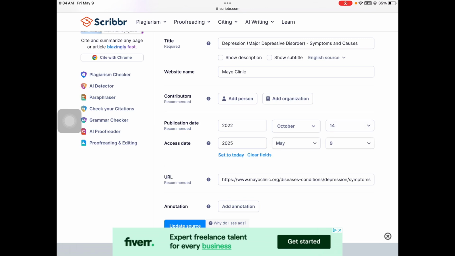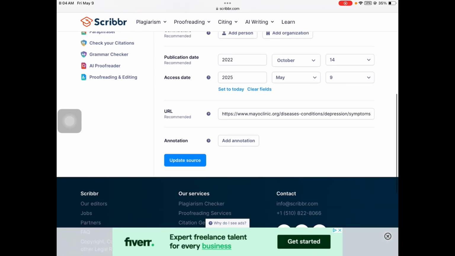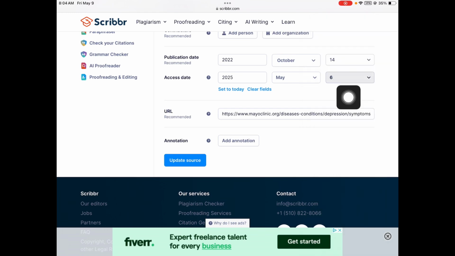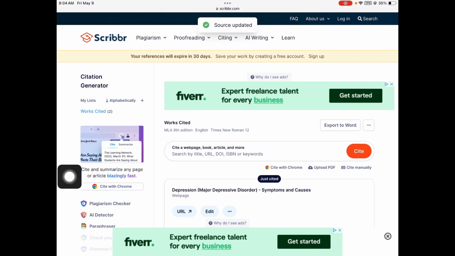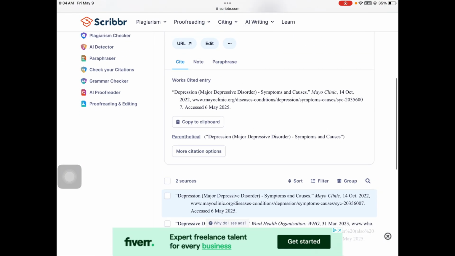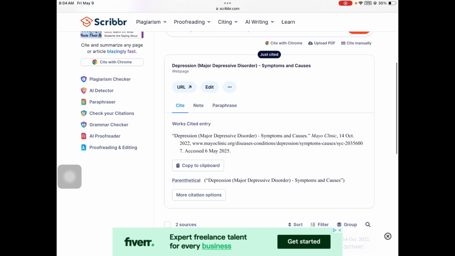All right, access date, set that to the day you accessed it, and then we're gonna update. So it makes it a lot easier because it does do all the formatting for you, but it's not a miracle worker. You have to